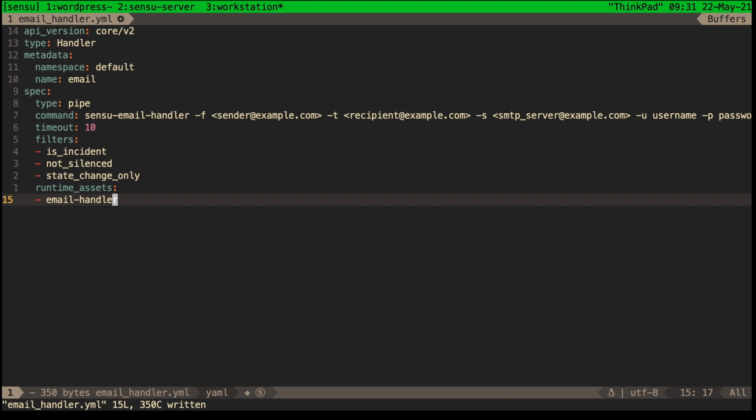Okay, so what do we have here? We have the type handler, and this handler type is a pipe, which means that it pipes from the output of the check command, and it sends it to this command, Sensu email handler. And what do we have here? We have the -f, sender email address, recipient email address, SMTP server address, username, and then password for the email